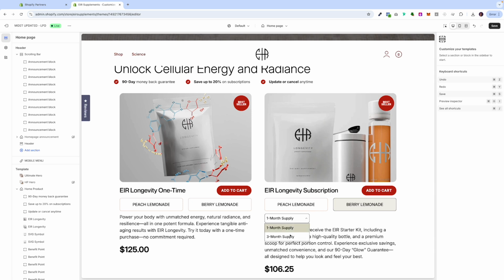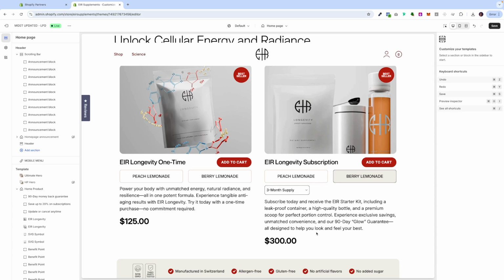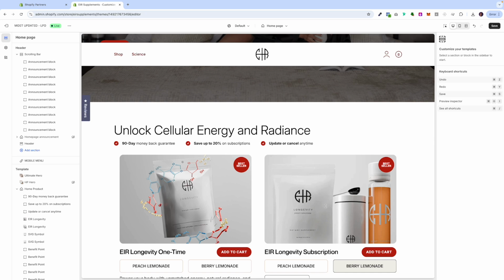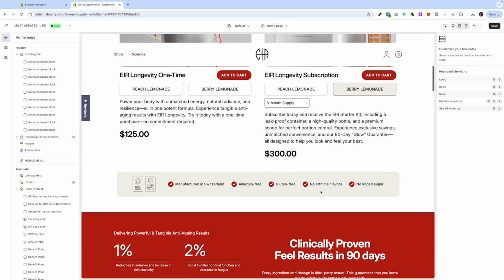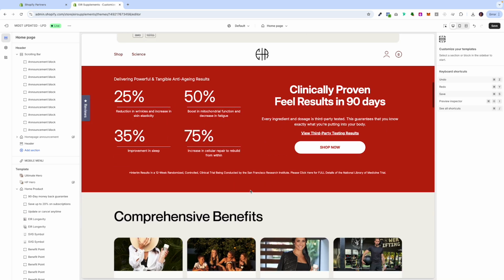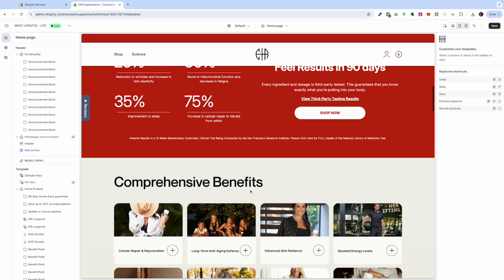You can choose a 1-month supply, a 3-month supply. The pricing changes dynamically, and they can add to cart right from the homepage. Traffic is going to be going to an editorial, and then from there it's going to be split tested between the product page and the homepage. So that's why we have this section here. Underneath, we have that same transparent benefit section that you saw on the product page: non-GMO, third-party tested, where it's made, allergen-free, gluten-free. We're reusing a lot of the sections that you see on the product page here,